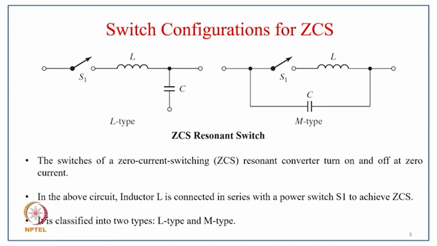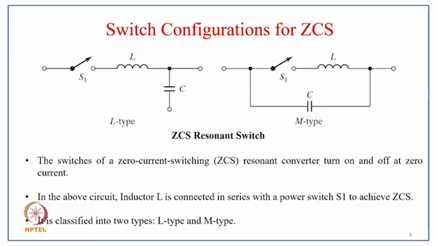this is the basic concept of switch configuration of zero current switching converter. So here the switches of zero current switching resonant converter turn on and turn off at zero current. And in the above circuit, if L is connected in series with the power switch S1 to achieve ZCS, and the capacitance is connected in shunt, we call it L type resonant switch. And if the capacitance is connected in parallel with inductor and switch, then we call it M type resonant zero